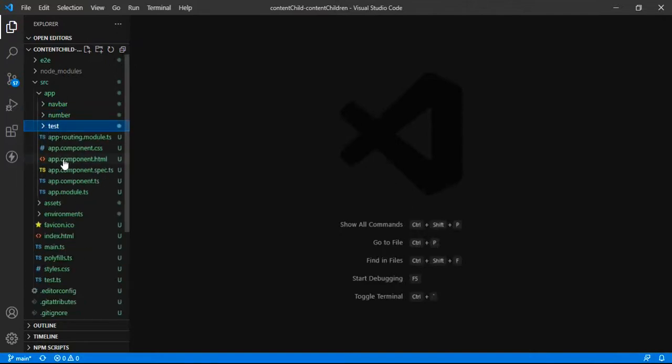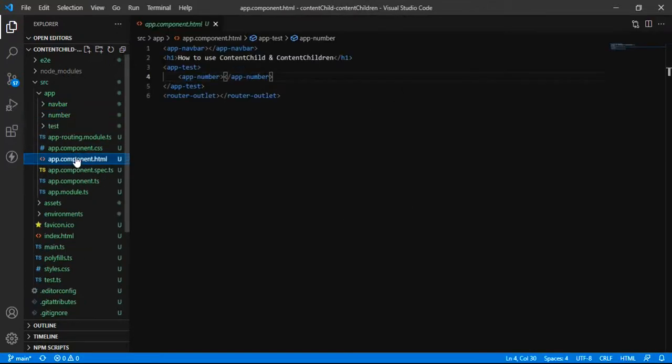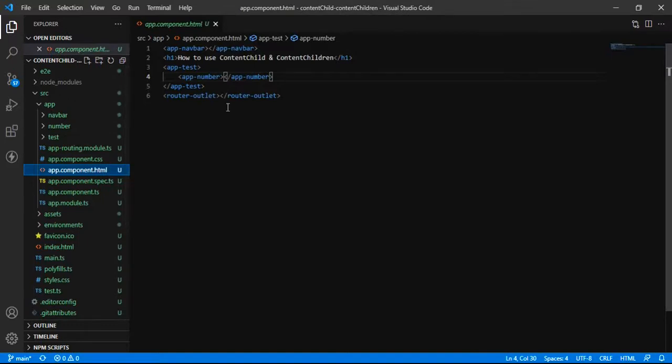And inside the app component, we are trying to project the number component inside the test component. So this is all we have done. We are projecting the app-number component inside the app-test.